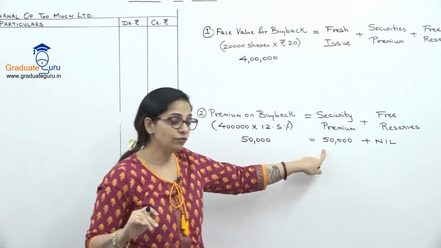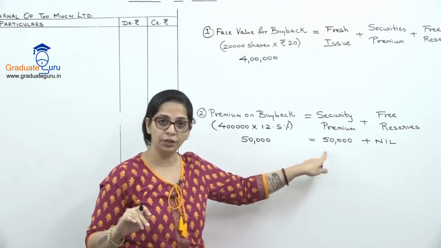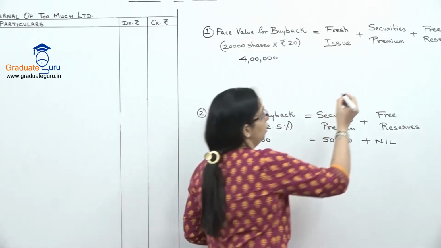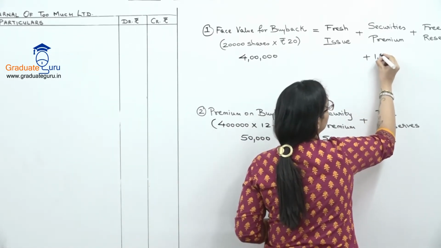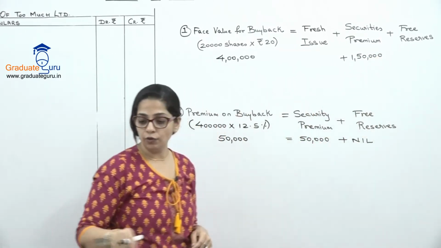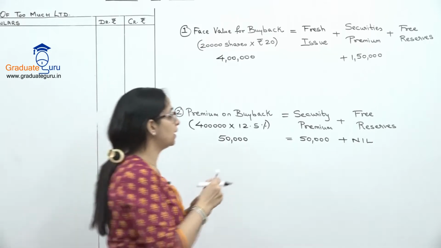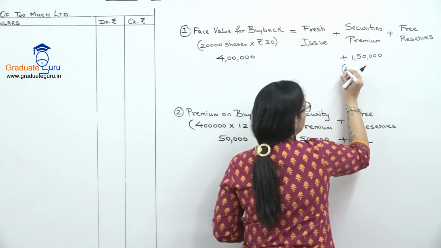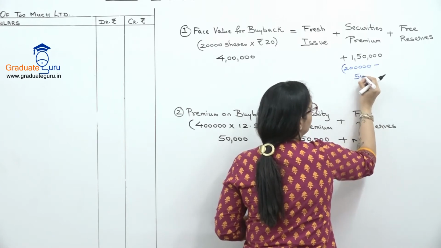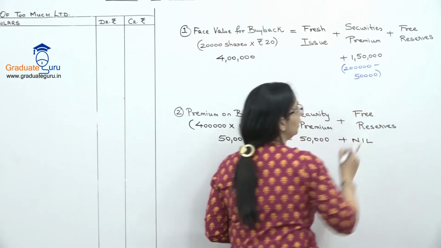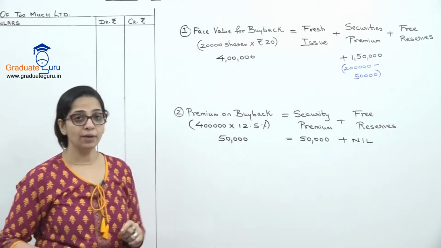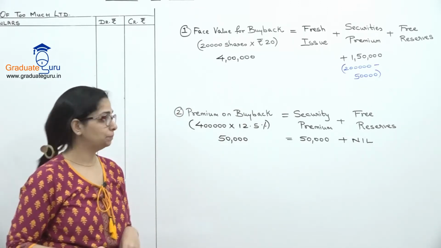Now I have used 50,000 premium over here. Total is 2 lakhs. So the balance I have for my face value is only 1,50,000. Just to explain how I got this: 2 lakh, which is your total, minus 50,000 which I have used. Okay. So I am left with 1,50,000.